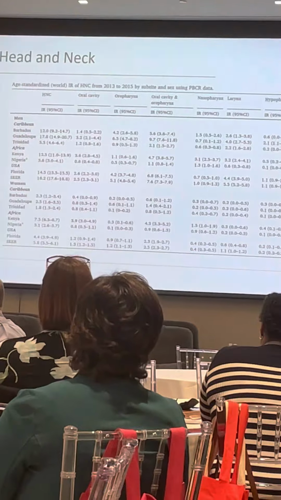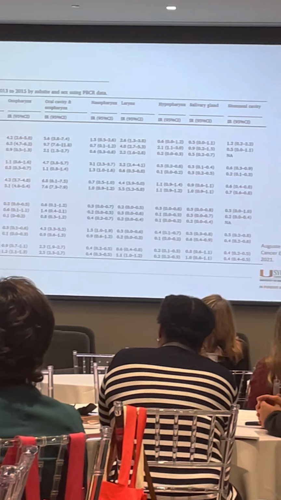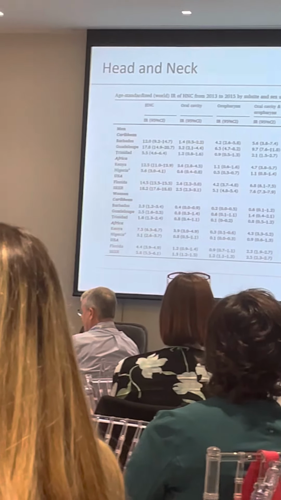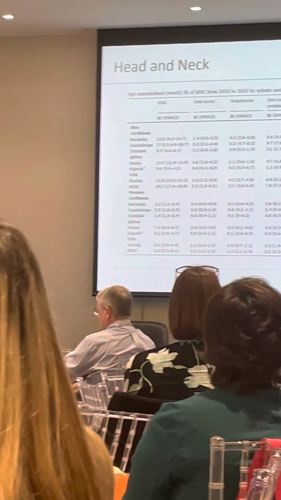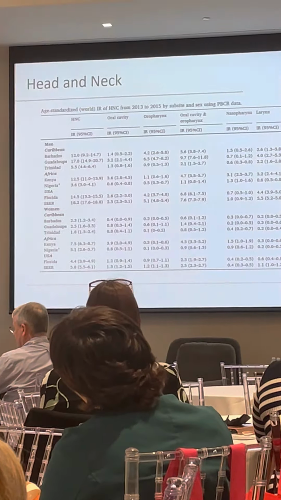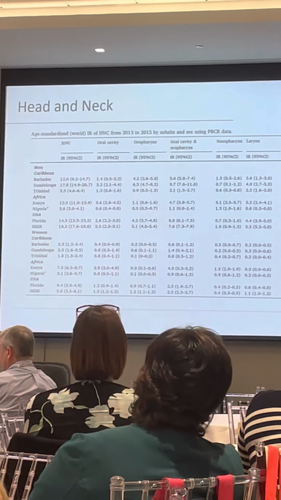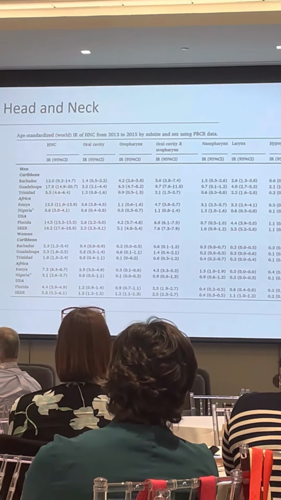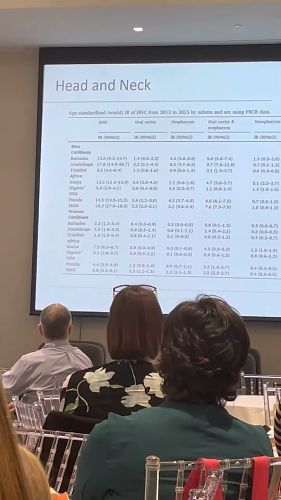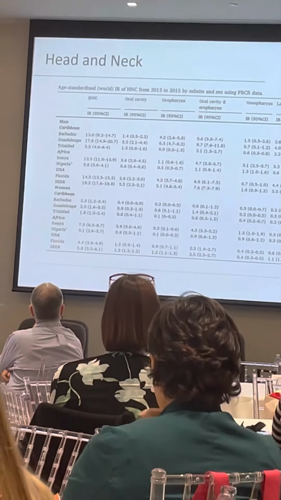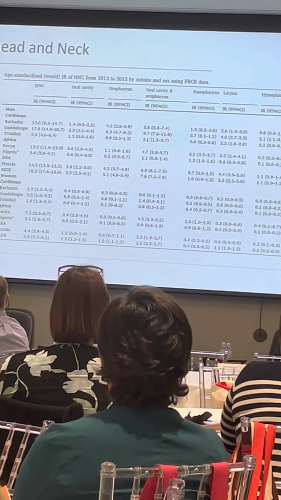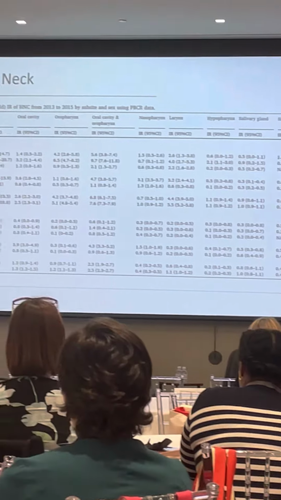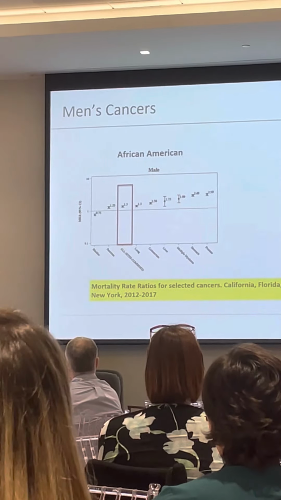In head and neck cancer, we see substantial variation by country of birth. Even if you just look all the way at the left-hand side of the left column, you can see variation in risk by Barbados, Guadeloupe, and Trinidad. You can see variation in risk by African country of birth. And you can also see Florida versus SEER data, which is representative of the rest of the country. Again, further underscoring that there is a difference by multiple disease types between those born in the Caribbean and those not. And even within the Caribbean, there's substantial variability.